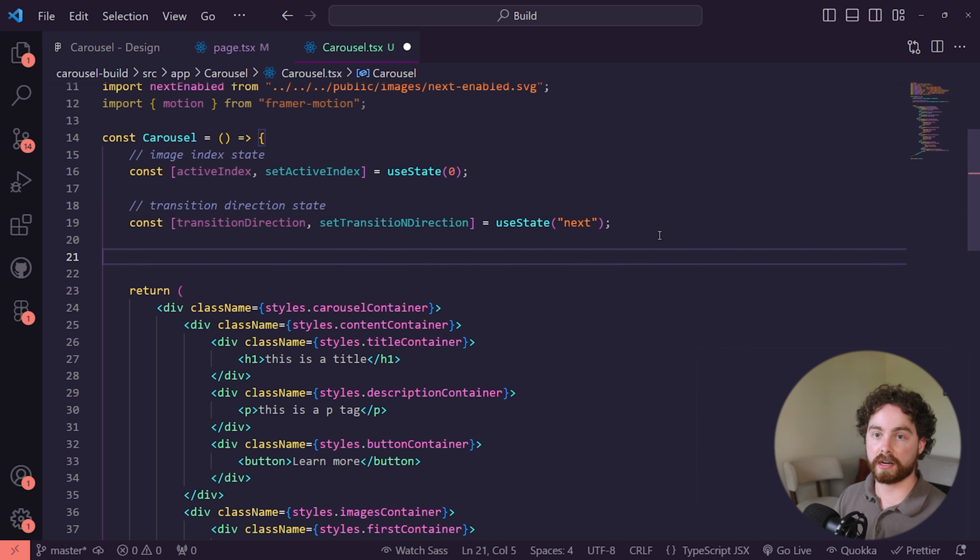To make sure that this is working, what we can actually do is console log out the active index value here. And if we go into our console log here, and let me just quickly open this up, you'll notice that the value of our active index, and I'll just quickly zoom in so it's easier for you guys to read, is set to 0. However, if we were to go up here and change this value to something like 1, for example, you'll notice the title changes completely